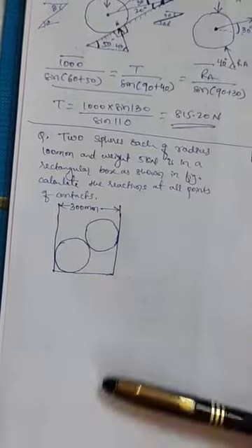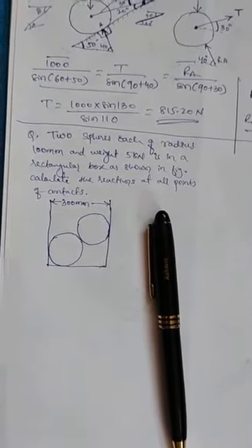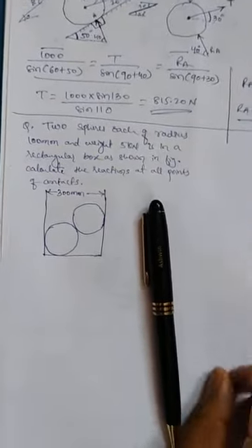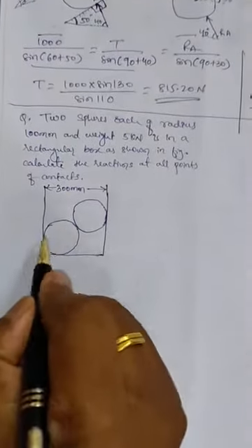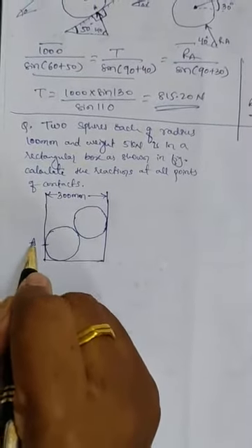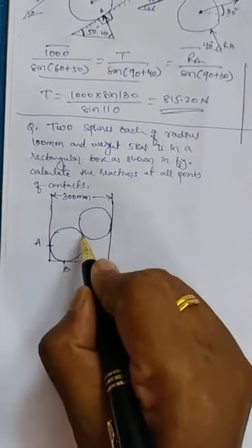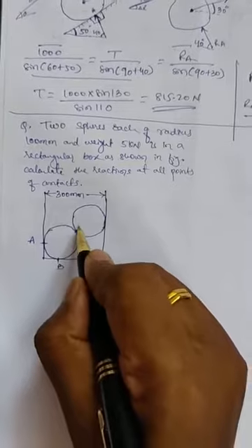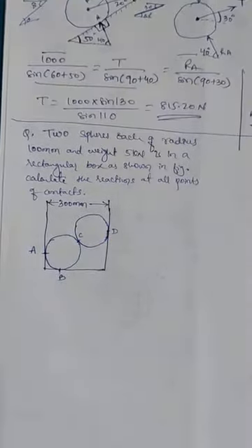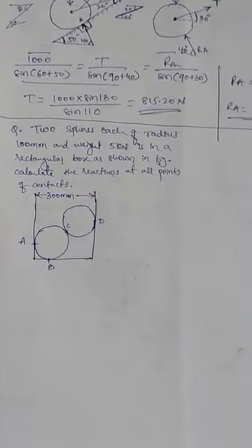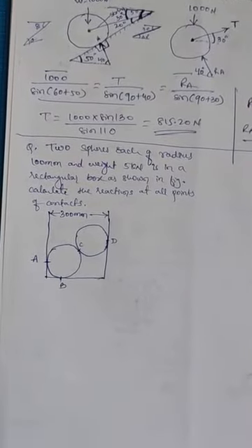Now here in this problem they have not shown the contact points. We need to assume them. Can you guess how many contact points we have for this given problem? We'll start from the left end. Let's say this is A, one contact point, this is B, whereas in between these two there is the sphere to sphere contact, so it is 3 and it is 4. Totally we have 4 contact points. So we are supposed to calculate 4 reactions.